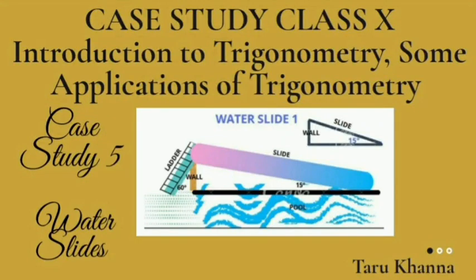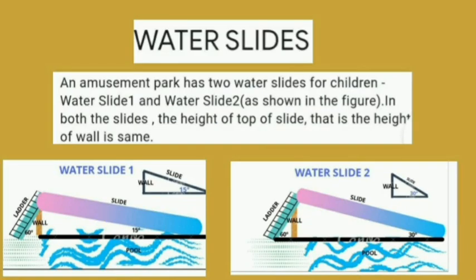Hello everyone. So I'm here with the next case study, that is case study 5, which is based on water slides and is related to the chapter Introduction to Trigonometry and some applications of trigonometry. So an amusement park has two water slides for children, water slide 1 and water slide 2, as shown in